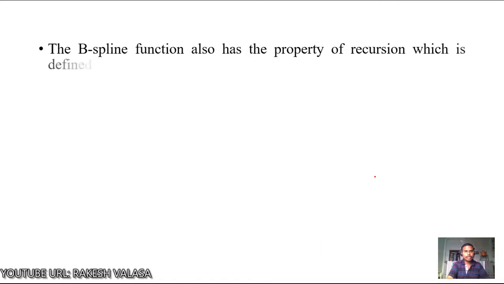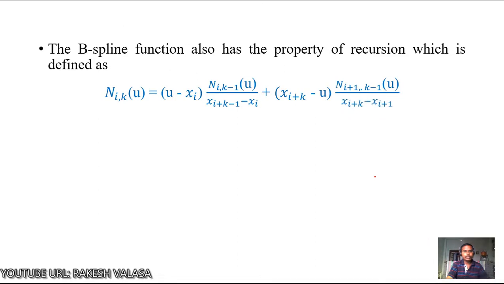The b-spline function also has the property of recursion, which is defined as N i,k of u equals u minus xi into N i,k minus 1 of u by xi plus k minus 1 minus xi, plus xi plus k minus u into N i plus 1,k minus 1 of u by xi plus k minus xi plus 1,